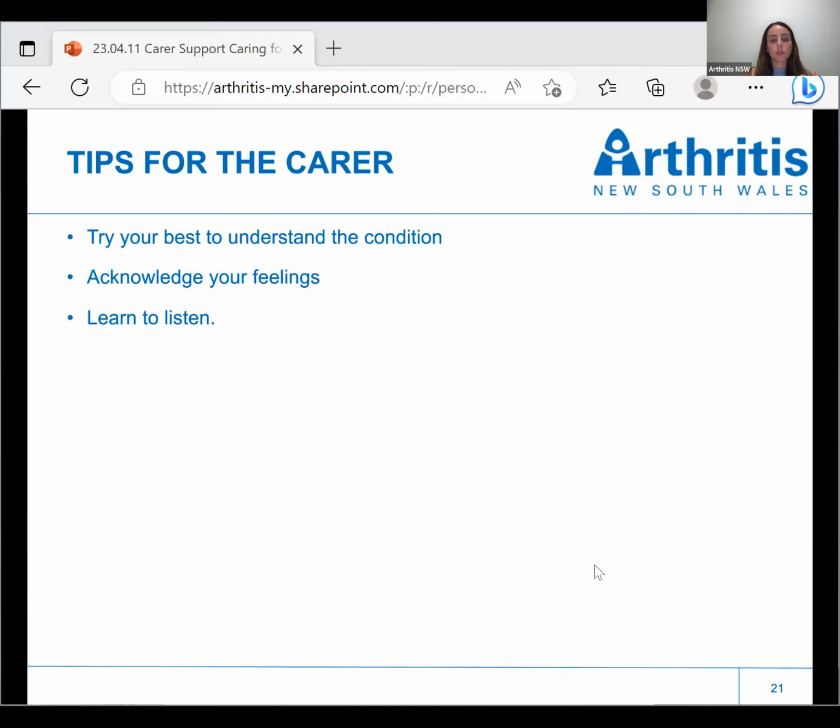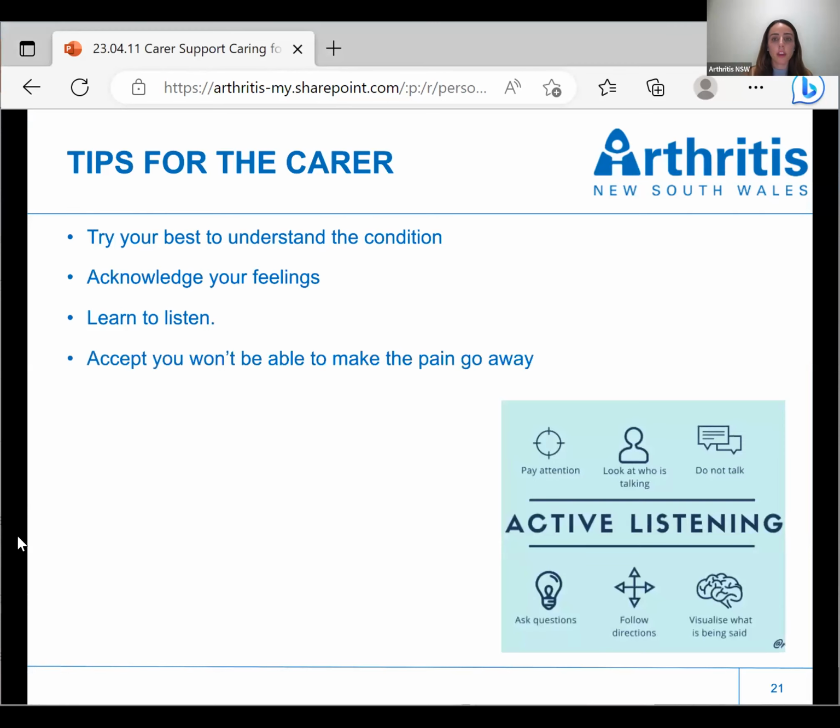If you acknowledge your feelings and grief, this is one step closer to gaining that acceptance. It's good to be really transparent about how you're feeling in this caregiver journey. Accept that you won't be able to make the pain go away. This is a really big one. Sometimes all you can do is be there to support them through their pain